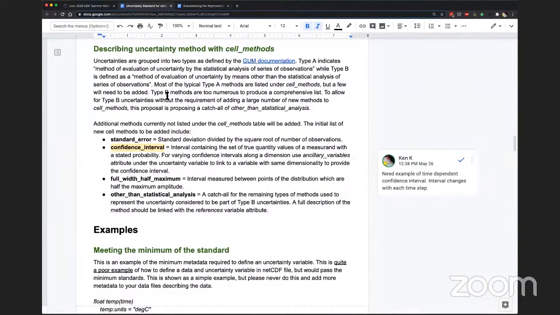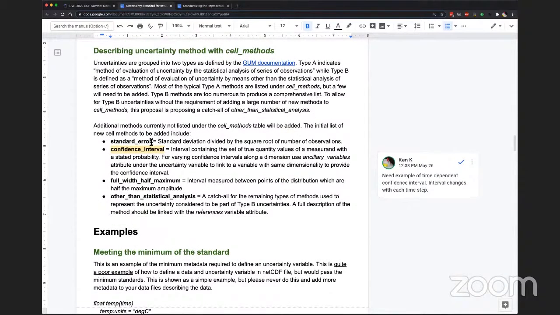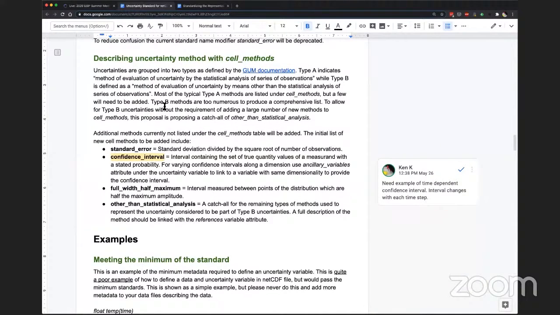One additional part is cell methods, an attribute reserved to describe the variable, hopefully in a machine or semi-machine readable way, describing how the variable was derived. I am proposing there would be 4 additional cell methods added to the list, which would be these 4 here. And in order to follow the GUM recommendations for